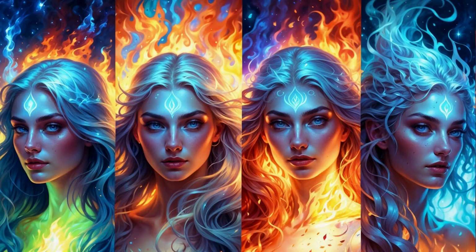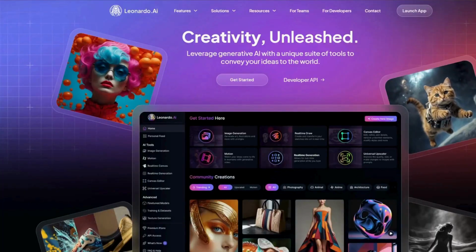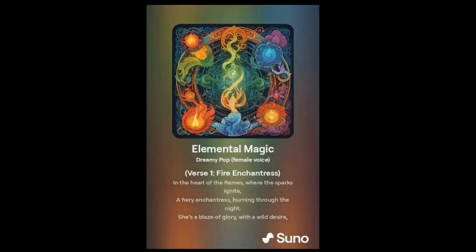Now let's move on to see these elements in action by taking time to enjoy this creative project we've put together using Leonardo AI images, all created using one or more element, and a song we made in Suno AI